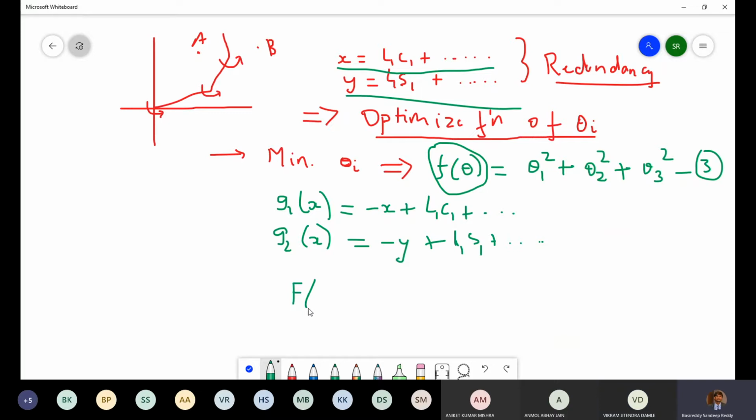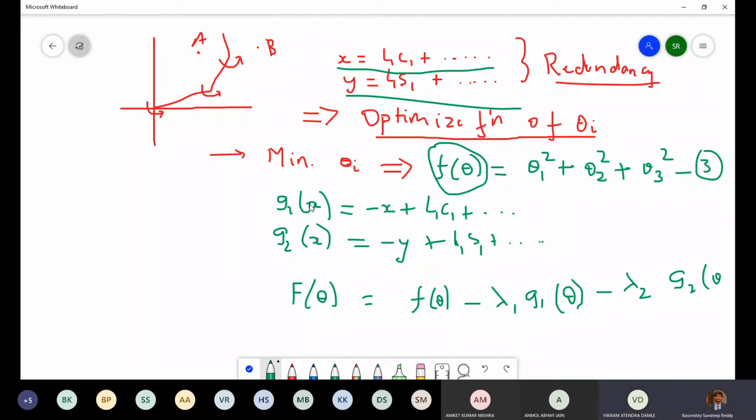Let us say some capital F of theta as something like this, f of theta minus lambda 1. Is this what you had learned? Yes, I think we had this in MA 102. Yes, sir. He mentioned the method.